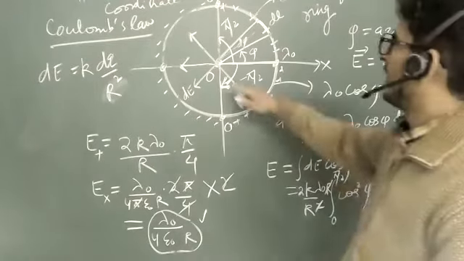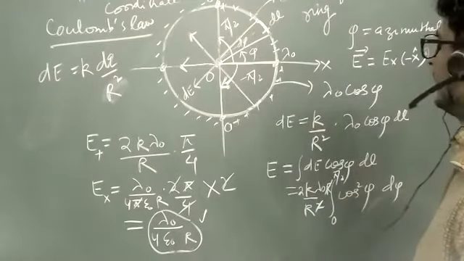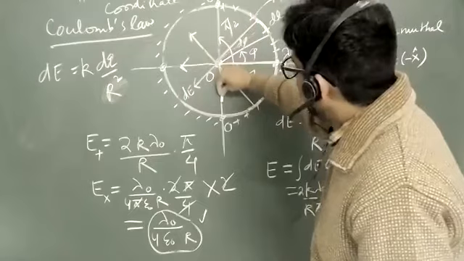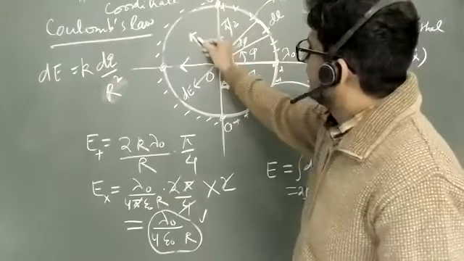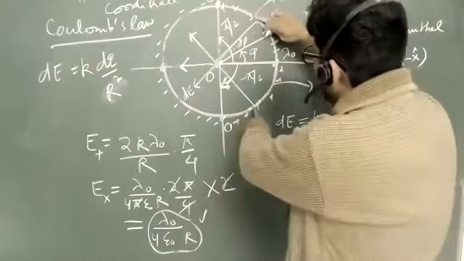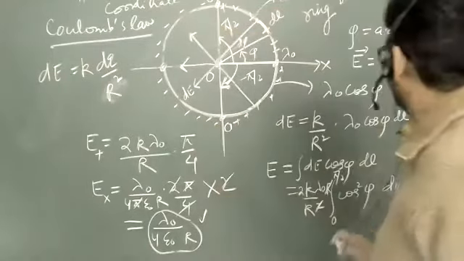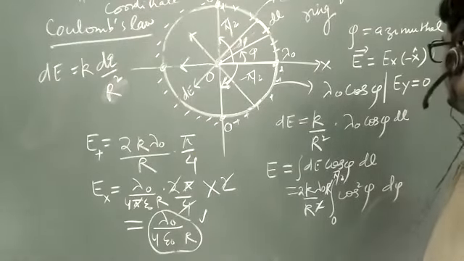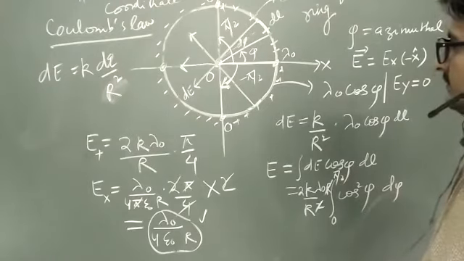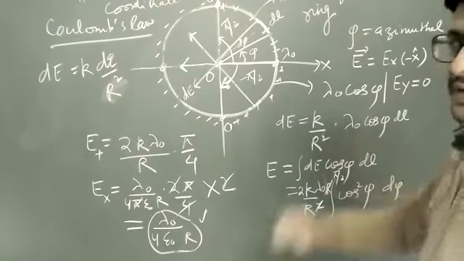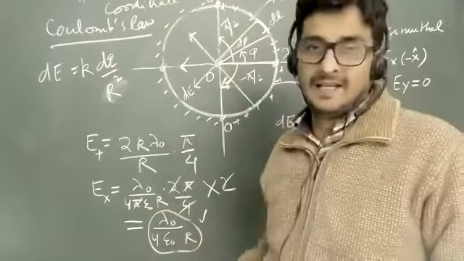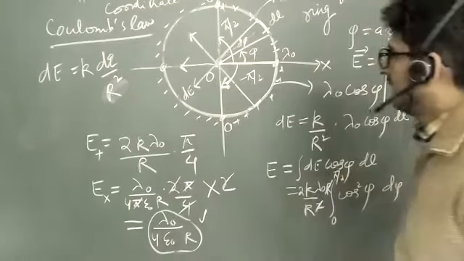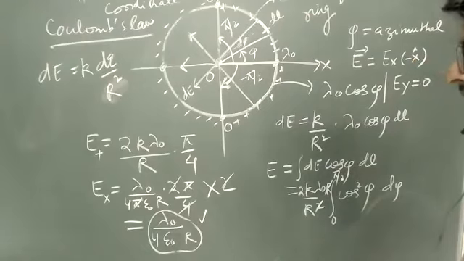And please understand what is happening to the Y components. If this is dE, this is dE cos theta, right? If this is dE, this is dE sin theta. So all those components are cancelling. Like this also they will be cancelling. So what can I write about Ey? Ey equals 0. So this is a very, very nice question because there was a phi dependence happening and we have managed it by taking a small element. Okay? If anyone has any doubt, please feel free to ask.